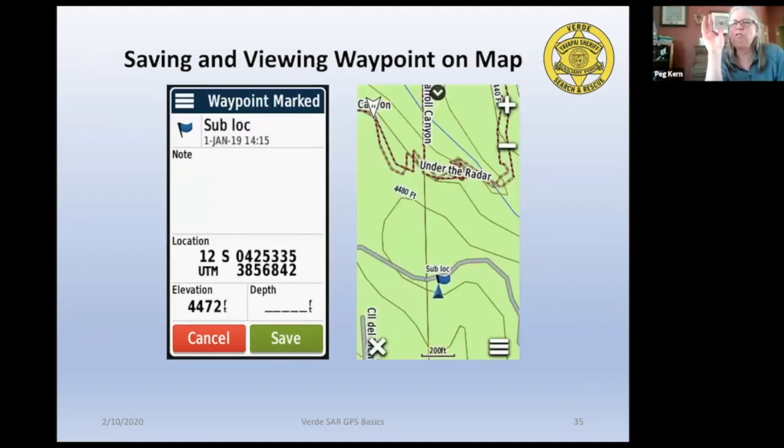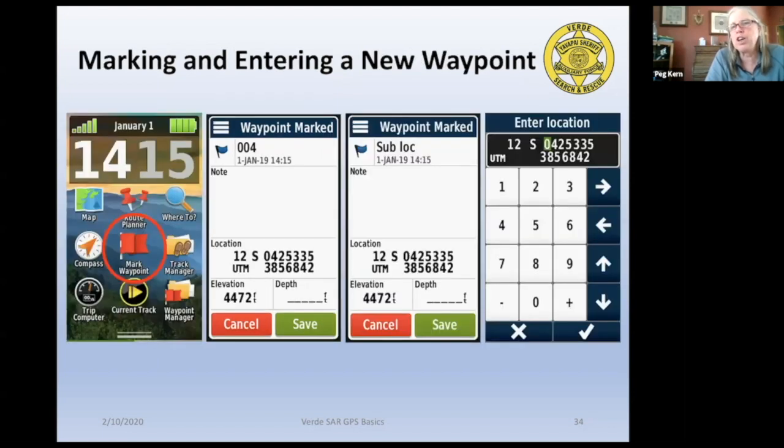And this is a good reason. One of the things we'll do during the field training, and we always do it on searches, you should always have a pad of paper and a pen or pencil in your pocket on your person. When you are about to be given coordinates, or you hear the coordinates are on their way, get your pad out, be prepared to write them down. You do not try and enter them as they're being read to you, because then you have no reference to verify if you in fact wrote them down correct, if you actually entered them correctly or not. So that's critical. I highly recommend you have a small pad of paper and a pen in your pocket, before you sign in, before you do anything,